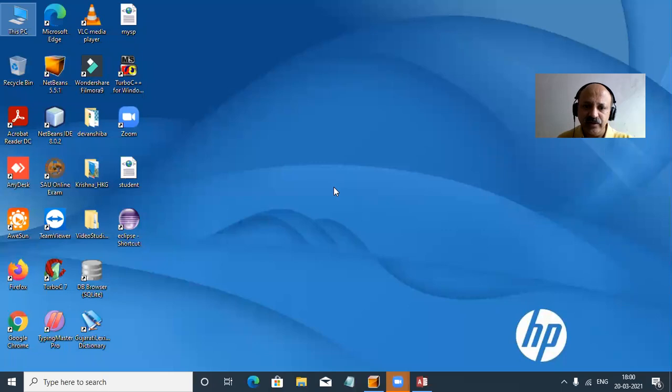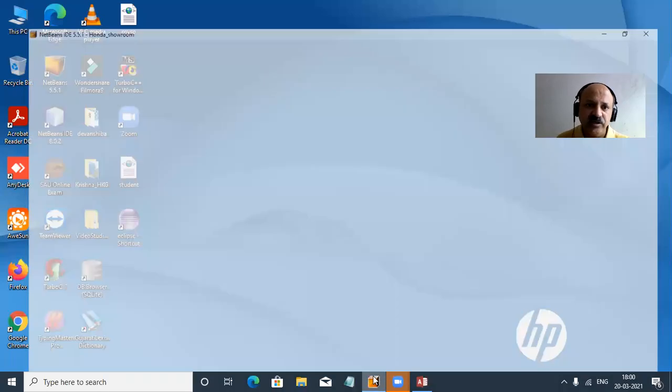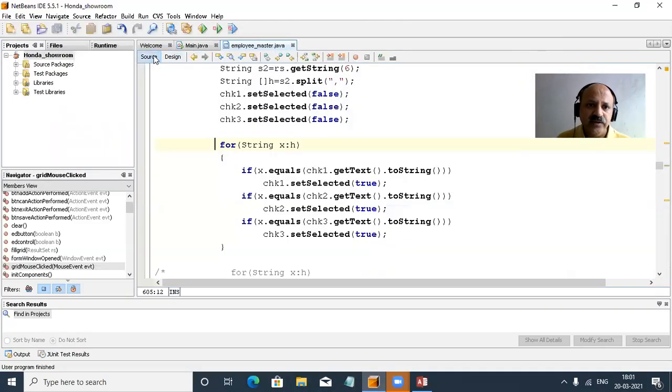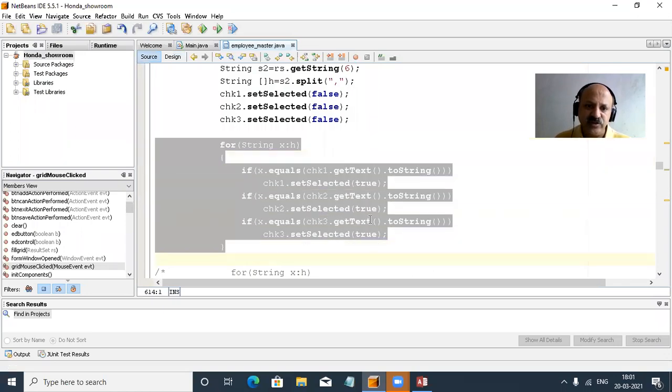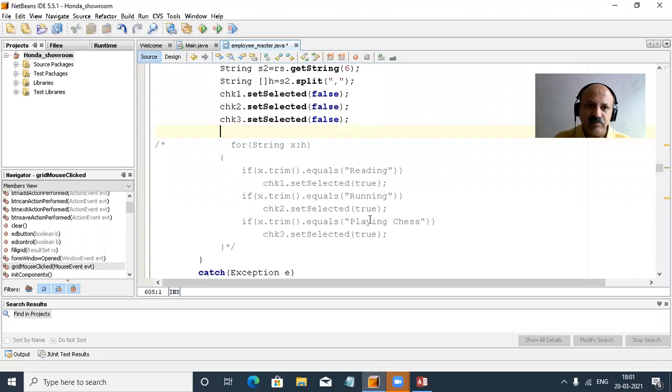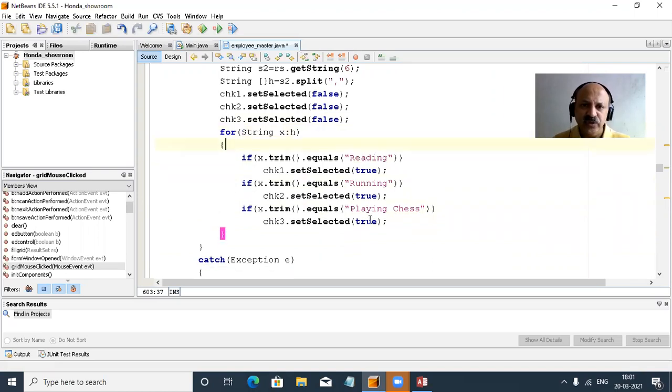So perfect. And now our coding is perfect. So yes, that coding I will check and give the solution to you. And here our coding is ready in a perfect way. All three hobbies are selected. So there is no issue, that is also perfect. But that coding I will check in my next upcoming video. I will give the solution. So we cannot take this session too long.